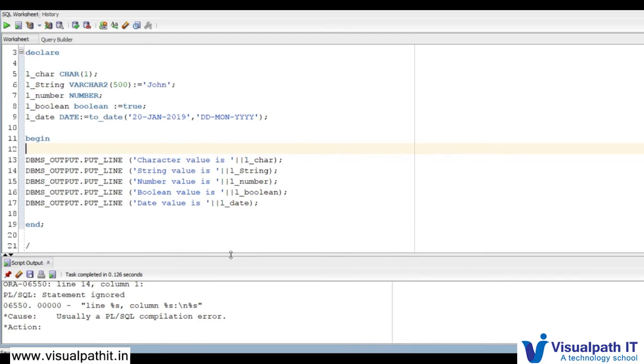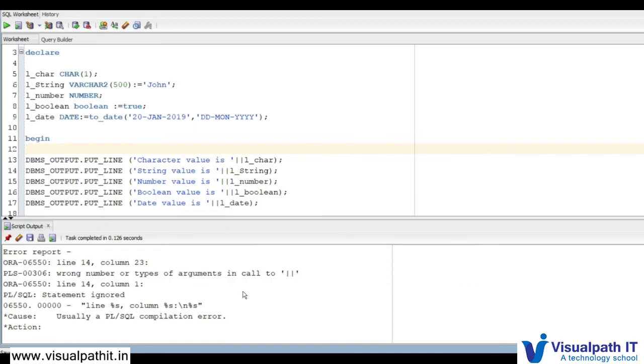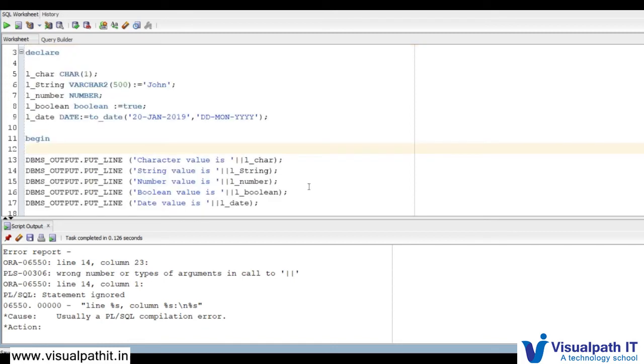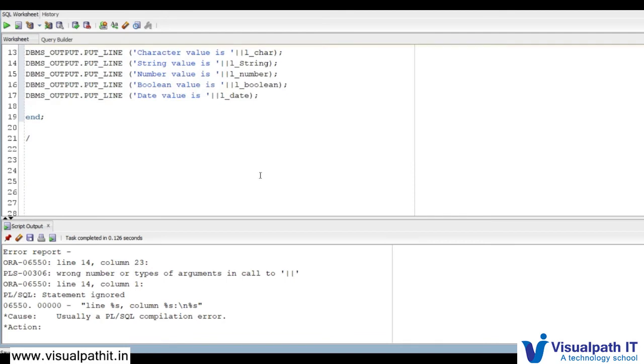There is one error, a PL SQL compilation error. Date value is giving some error.